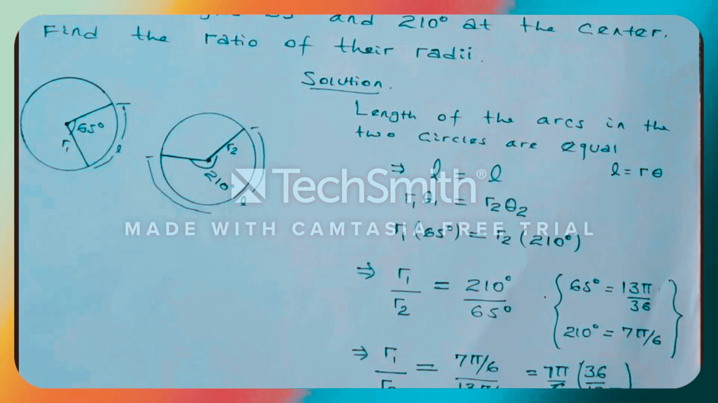Therefore ስለዚህ r1 over r2 equal to 210 ዲግሪ ስንት ነው? በ7 ፓይ ኦቨር 6 ነው። 7 ፓይ ኦቨር 6 በ210 ዲግሪ ቦታ 7 ፓይ ኦቨር 6 ኦቨር 65 ዲግሪ ማለት ደግሞ ወደ ፓይ ራዲያን ሲቀየር 13 ፓይ 36ኛ። so therefore over 13 ፓይ ኦቨር 36 ስናደርግ ምን ይሆናል? 7 ፓይ ኦቨር 6 ይሄን በደንብ ብናየው